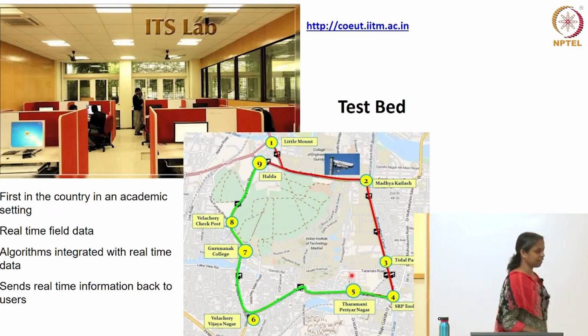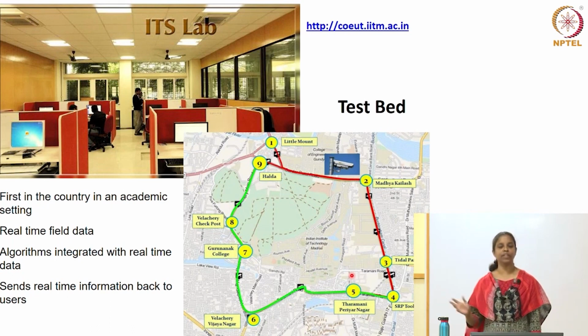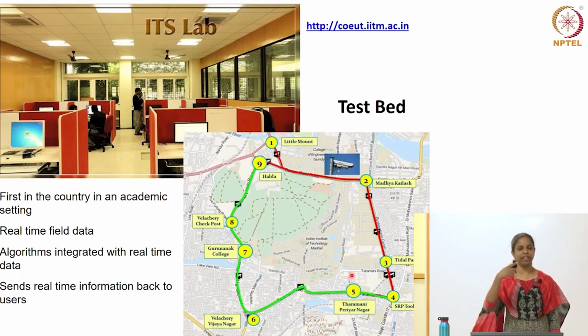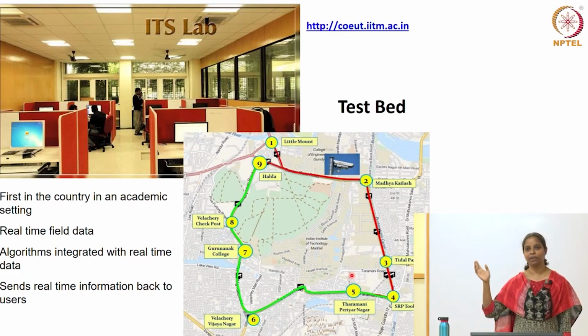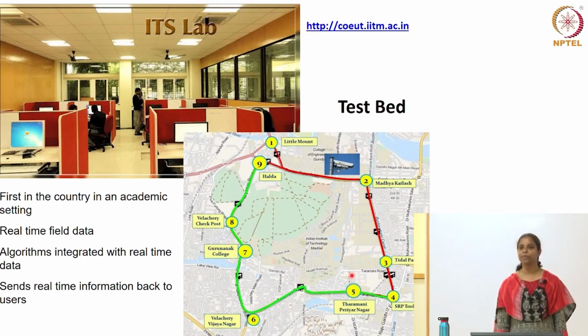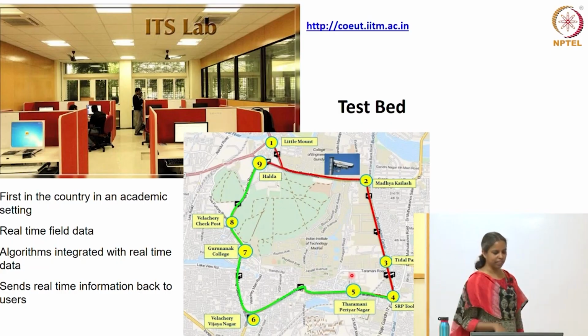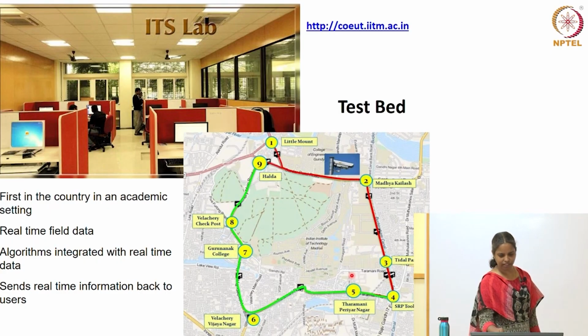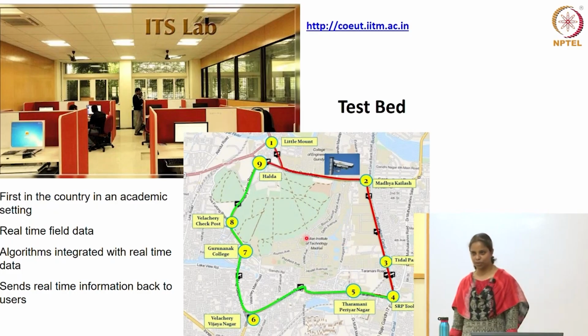As I said, we have a lab and a test bed. The lab is just a place where we are receiving all the data. The test bed is the interesting part. We have a 15-kilometer corridor around IIT, SP Road, IT corridor. You may not know it, but at least some of the Chennaites will. It's all the roads outside which surround the IIT campus. The IIT is actually somewhere here. And we have placed enough sensors on those roadways.